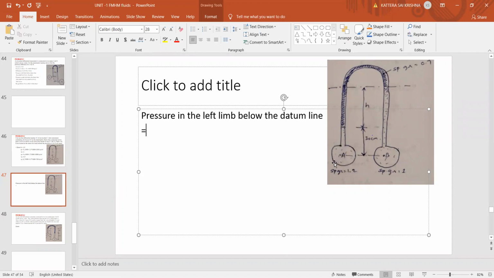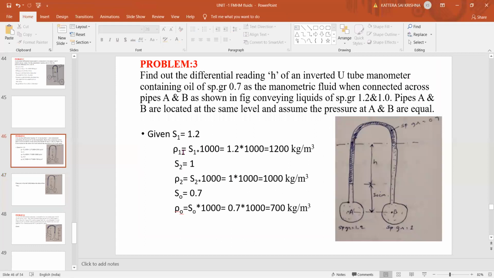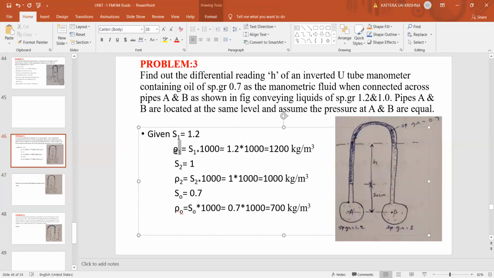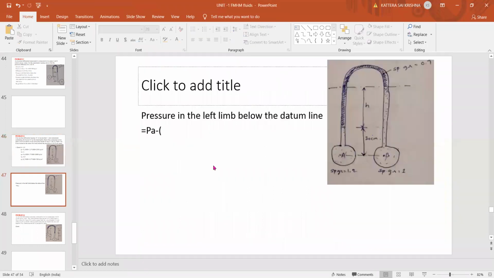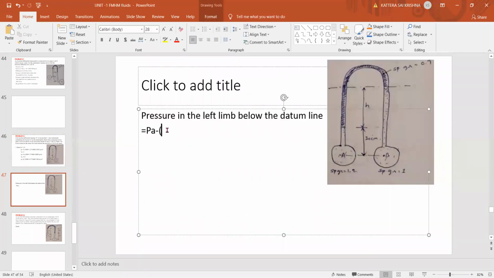So one is PA, which we need to find. Next, minus 1000. Okay, 1000 because this is water? Wait, no, sir. See here, rho 1 we have to take now. I'll write the formula. PA minus rho 1